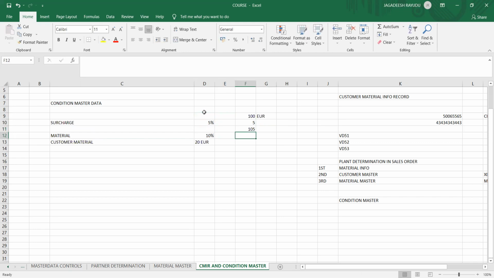Then the 10% discount is there. Assume that this 10% is calculated on your base price only. It's 10 euros. So 20 euros is flat. Total discount is 30 euros. 105 minus 30 means 75 euros is the net.